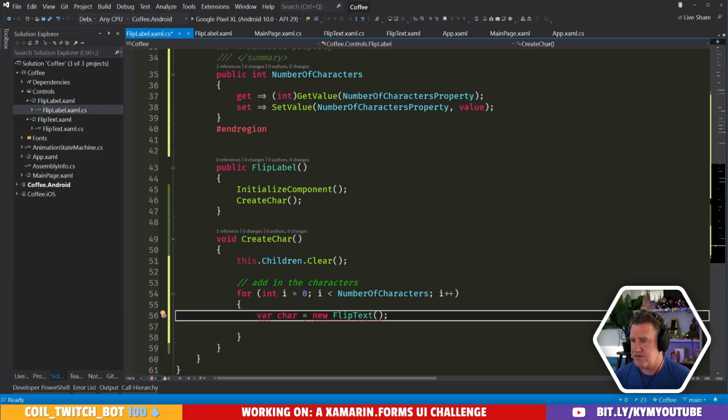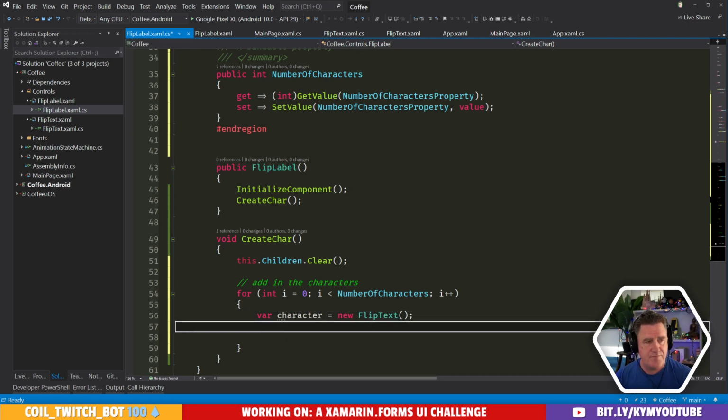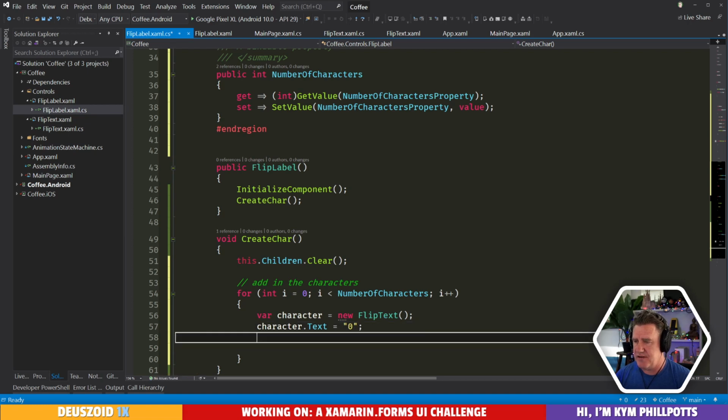Oops, char's not going to work, is it? Okay. And we will set some properties on this puppy. So let's just start it with our text equal to nothing at the moment, or 0. Let's put it there.